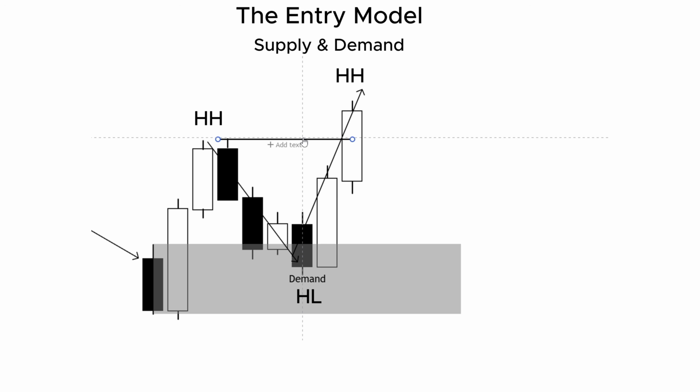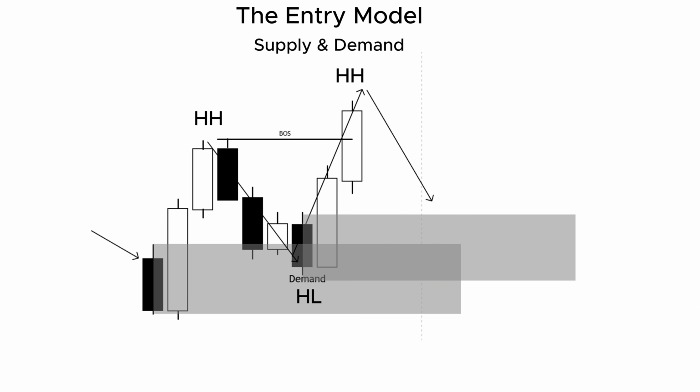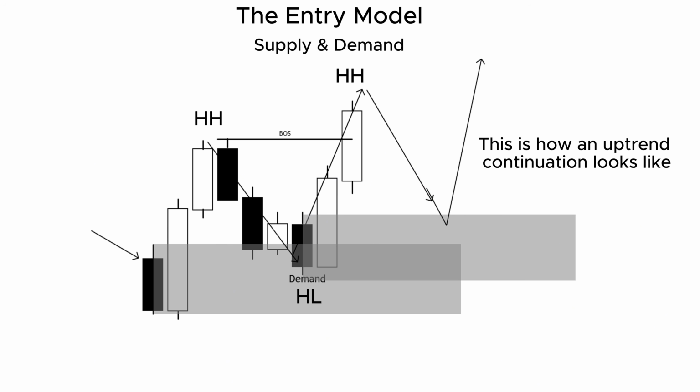Now after a continuation phase, we often enter a pullback phase. On the pullback phase, the market slowly goes down to gather more liquidity. The market is always looking to be efficient and to balance out orders, and it does so by moving slowly from where it came from. And this is where the demand zone plays in, because you will see a lot of times that the market pulls back into the demand zone, and then it rejects back up from it,